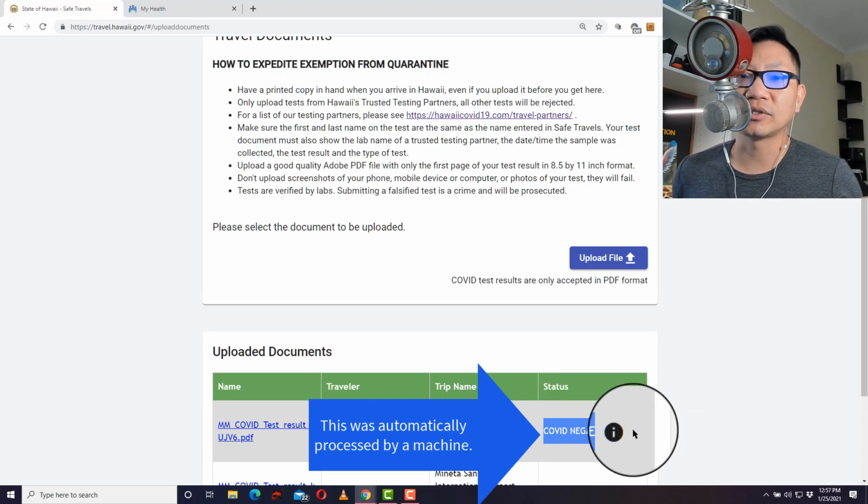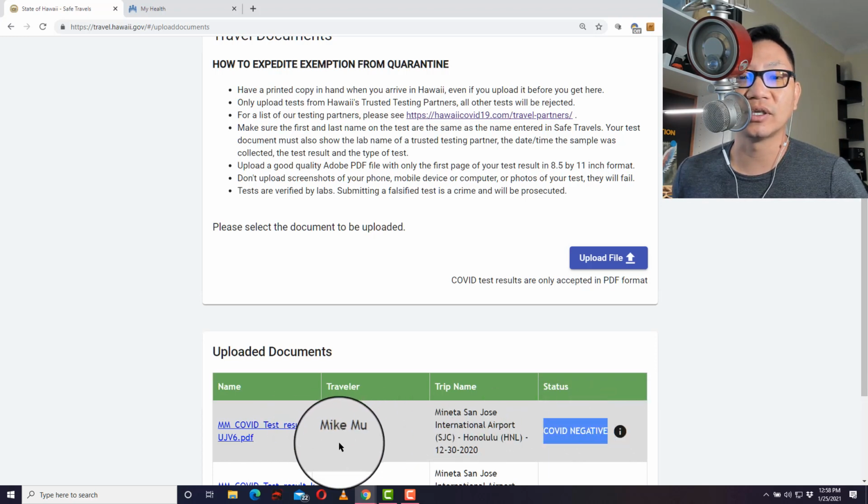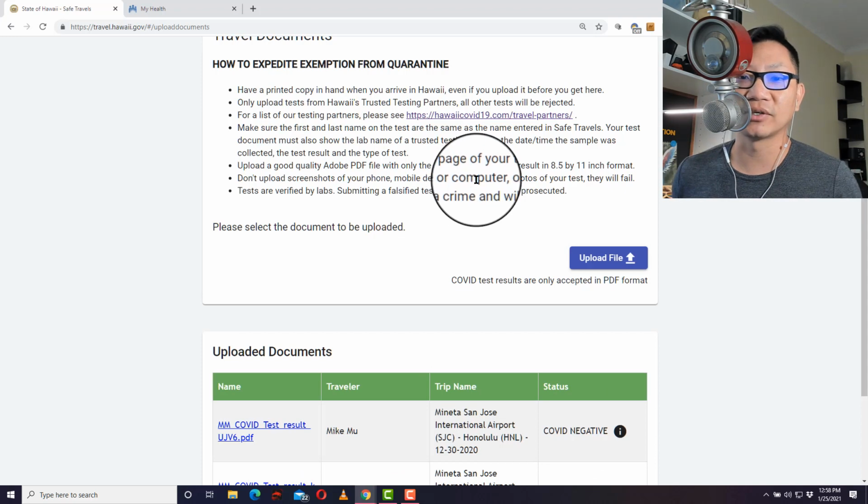There's zero issues. They don't have to look for a printed out copy when you arrive in Hawaii, because the person that is there reviewing this on their tablet will see this result. They just need to confirm your information and look at your government ID. Make this easier on yourself.